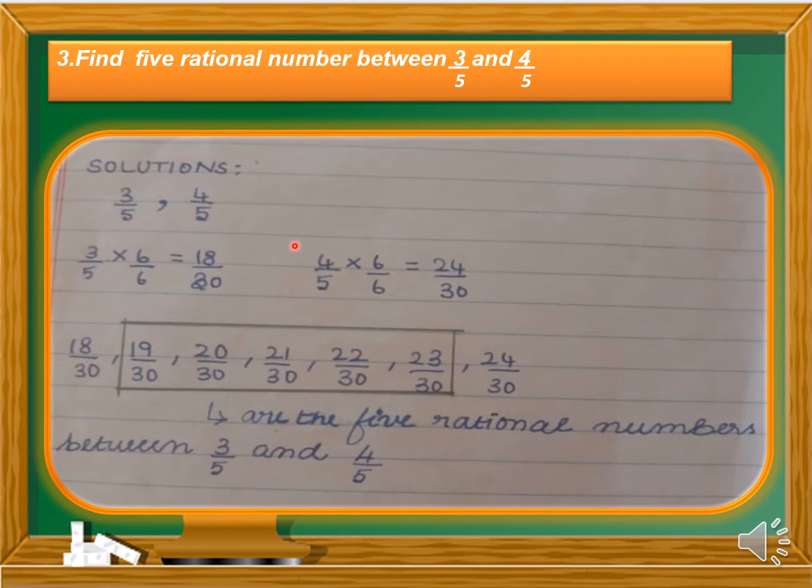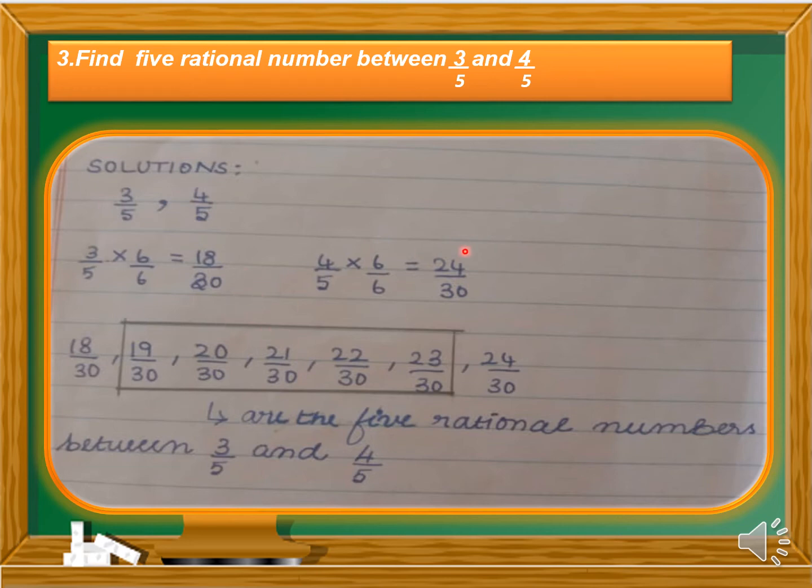those two numbers you can get 5 rational numbers. So here the denominators are the same, so no need to take the LCM. I'm going to just multiply with 6 because they have asked for 5 rational numbers and the number just greater than that is 6. So 6 into 3, 18, 6 into 5, 30. 4 into 6 is equal to 24, 6 into 5 is equal to 30. So when we cancel, we get 3 by 5 and 4 by 5. As I said in the earlier slides also, this is how to cancel. So here also 6 into 3 is equal to 18, so 3 remains here, and 6 into 5 is equal to 30, so 5 remains here.